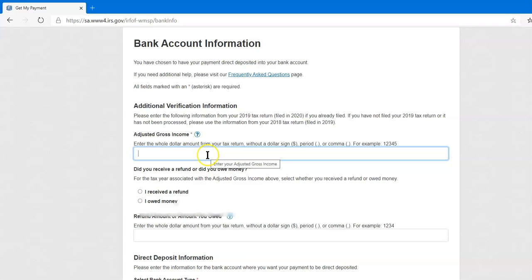So here's the thing. We're going to hope this works properly for this demonstration. It's saying if you have not filed, then use information from 2018. Because the example that I'm using, that the person allowed me to use, I know for a fact that they had already tried to enter information from 2019 and it didn't work. So now I know that this needs to go in for 2018, and let me just explain a little bit about that part. So even though it's saying here to use 2019 and you know you had already filed,